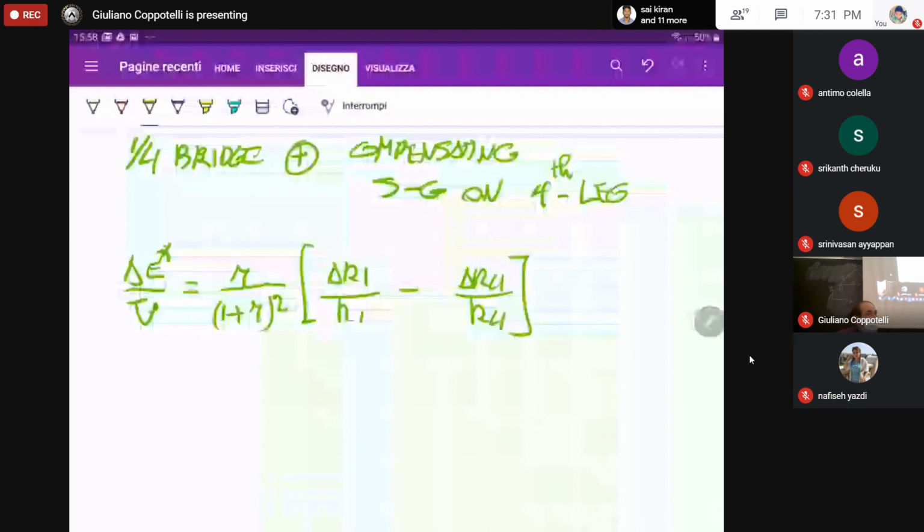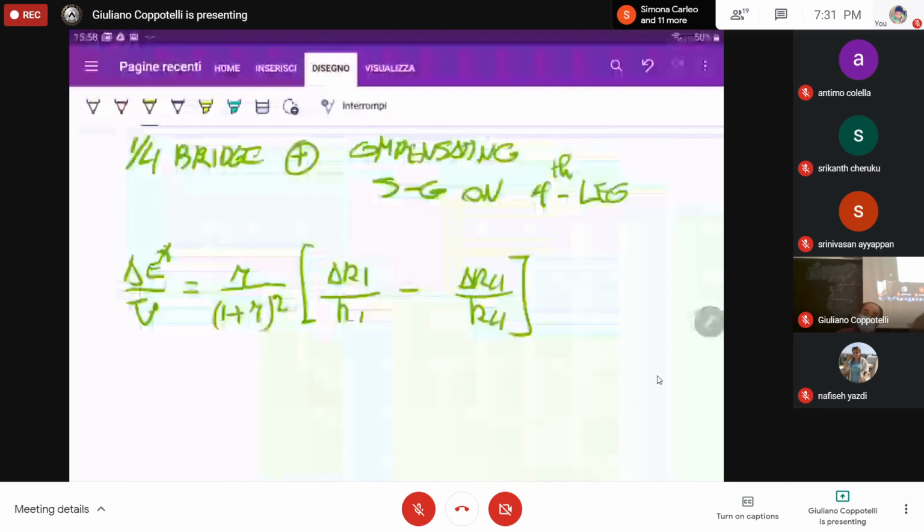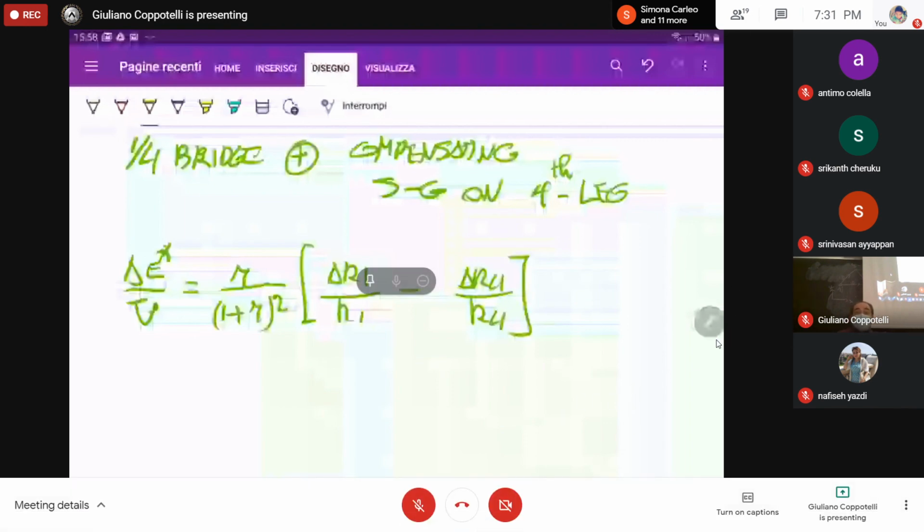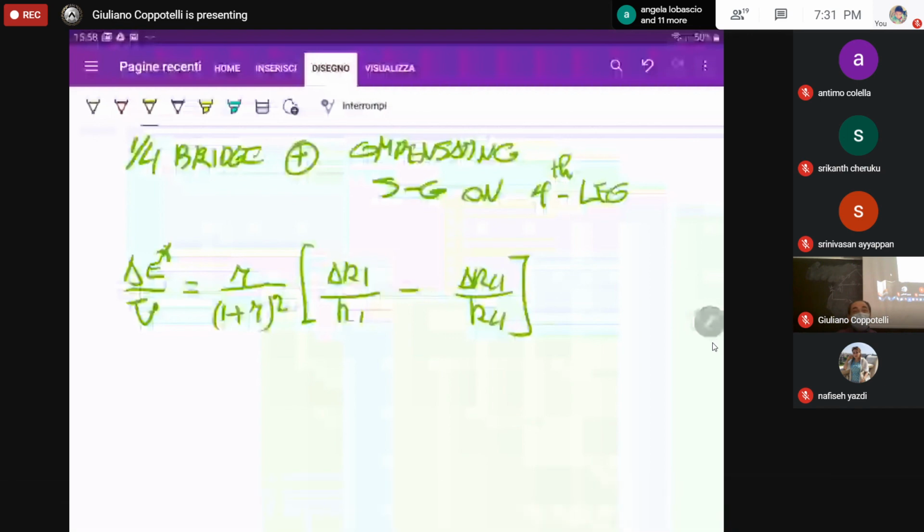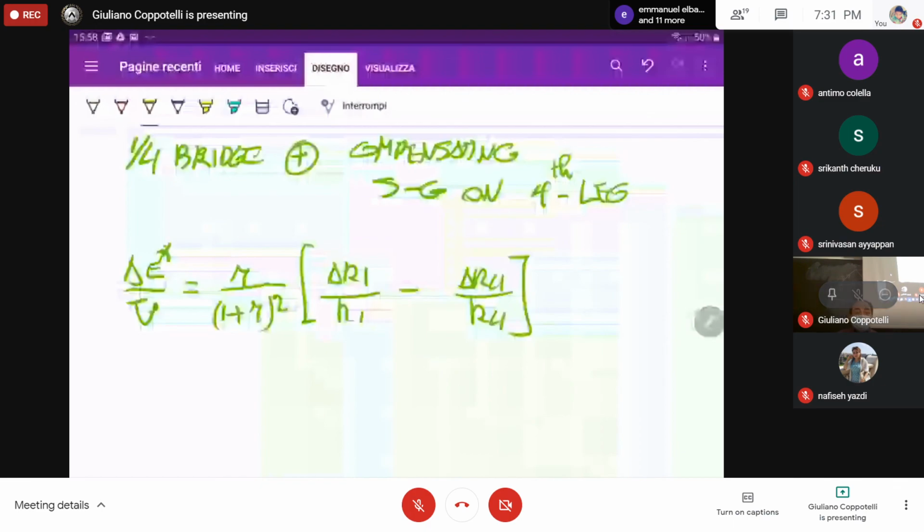The Porter bridge plus the compensating strain gauge on the fourth leg, the one that we saw together, we can't have. When we are not considering any connecting cable, yes, we can. But when considering the connecting cable, there are no compensating terms. As you can see on the notes that I have, here they are. As you can see, the delta R1 is